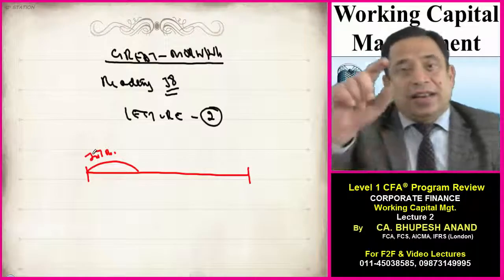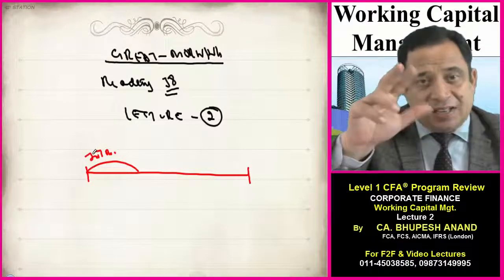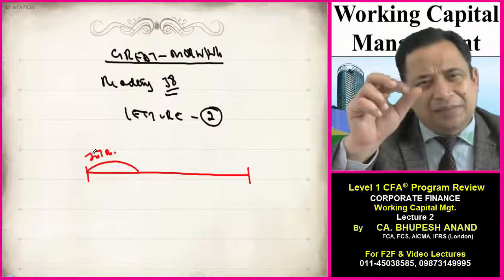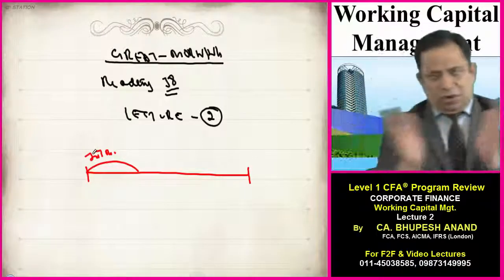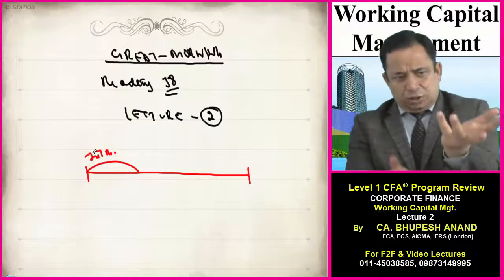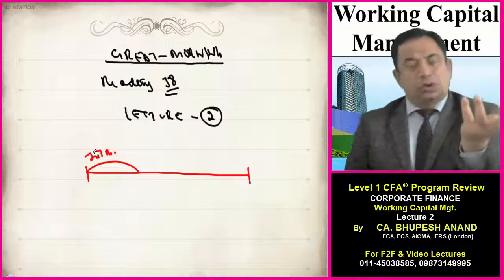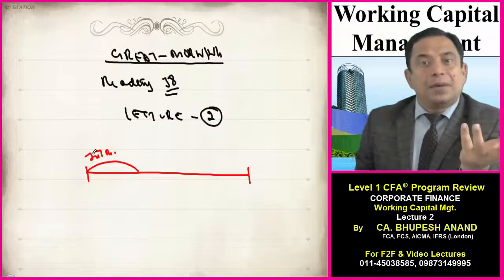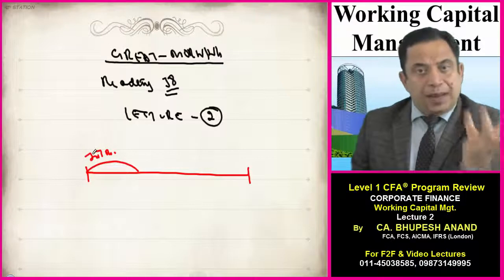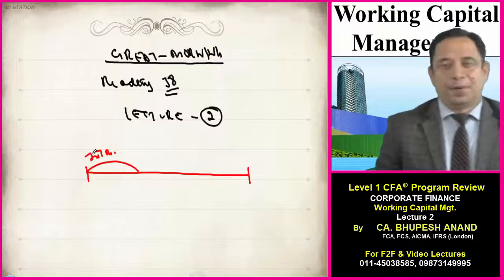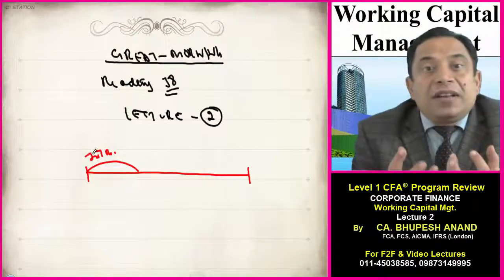It means in learning outcome A, I will be taking lecture 2 and 3 as very small 10 minute, 5 minute lectures, because these are totally different aspects. That what are different sources of finance, what are the different sources of liquidity of a company, short term, that is primary and secondary. Now what is the meaning of primary?